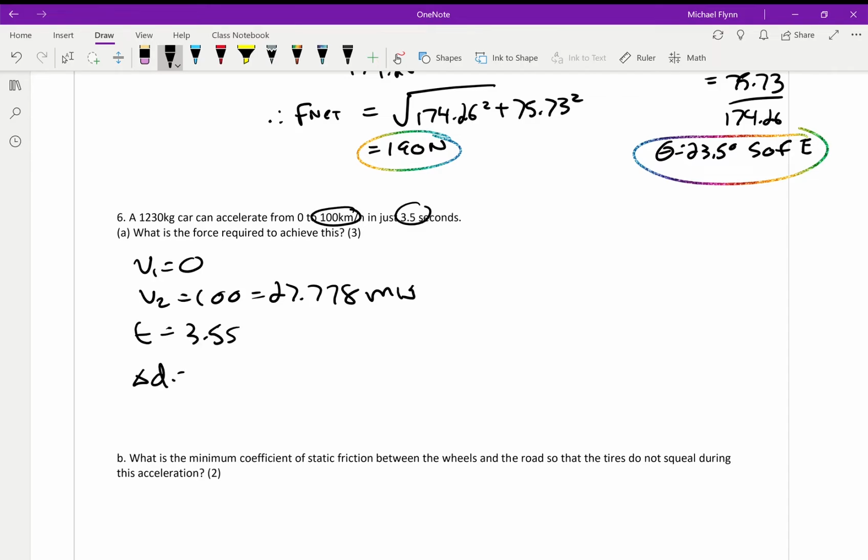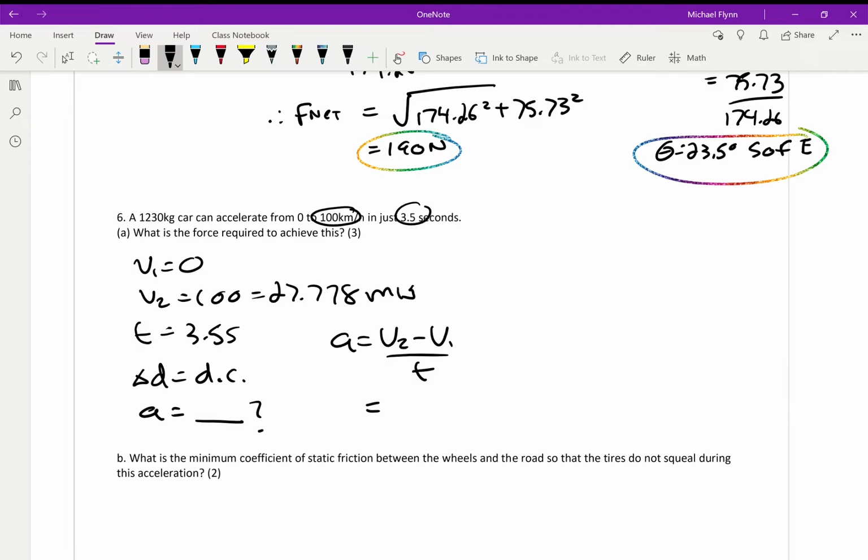Delta D is don't care. And we're looking for A. Okay, we're looking for acceleration. So just go ahead and use equation 1. A equals V2 minus V1 over T. So what's A? Well, it's going to be 100 divided by 3.5 equals